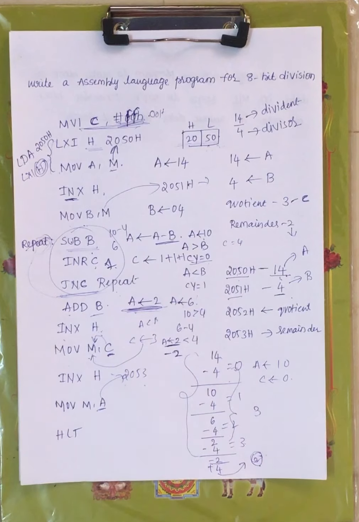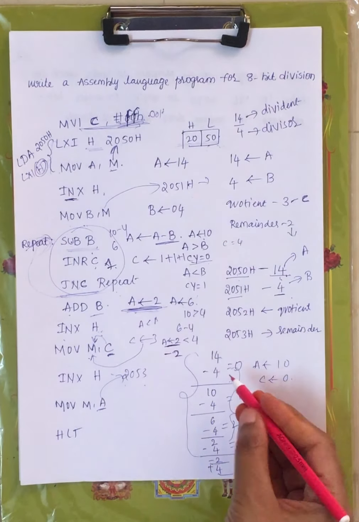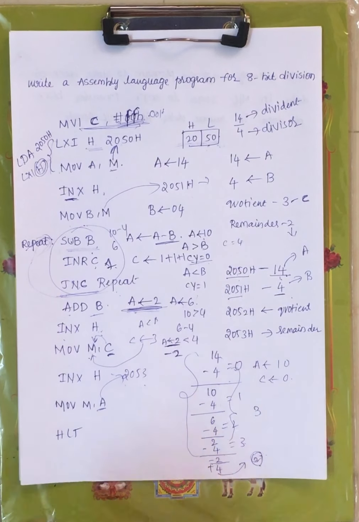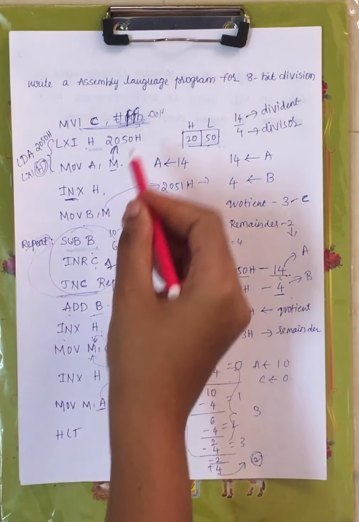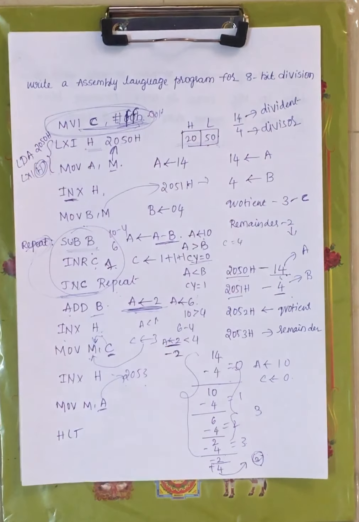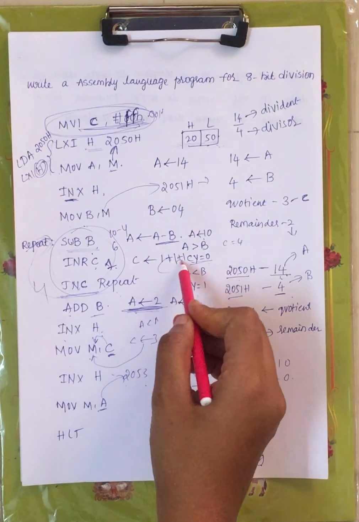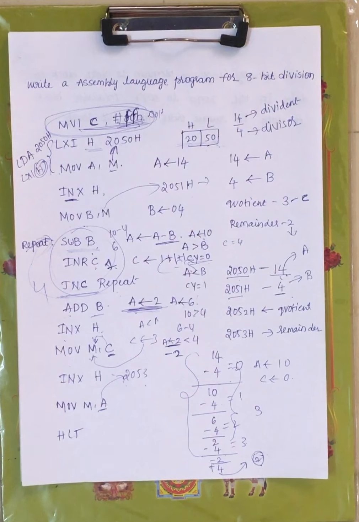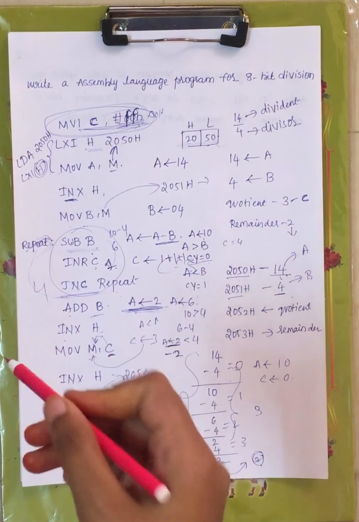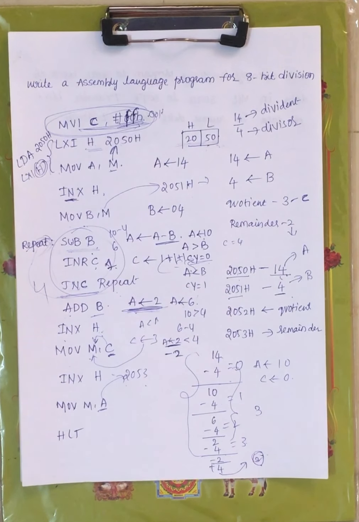Now this is the 8-bit division, right? C has to be FFH, right? Because we are following 4 steps, the quotient has to be 3. For any 8-bit division, this is same. Incrementing C, because this loop will continue for 4 times, right? Quotient should be 3, that's why C should be FFH. After incrementing, first you will get 0, next you will get 1, 2, 3. This will follow for 4 times, that's why C will be 3, right? Now this is about 8-bit division.